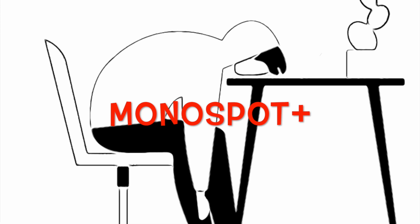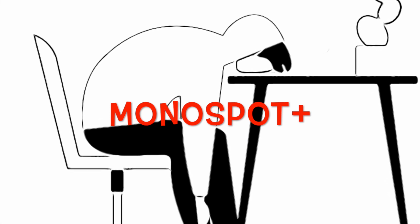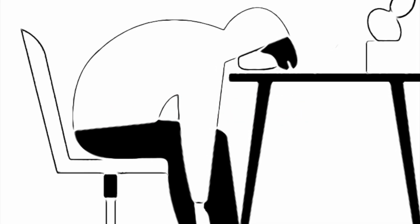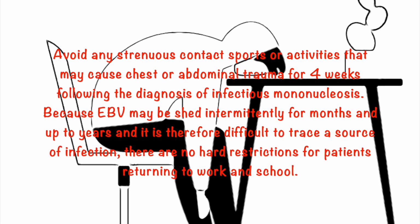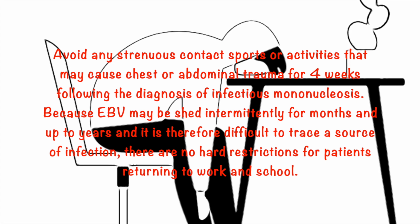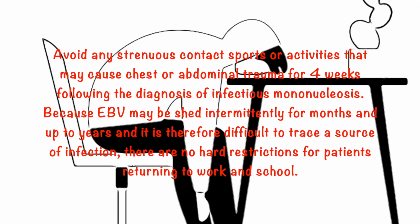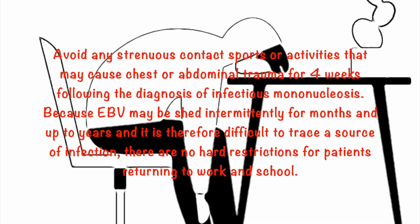Regardless, in this case, the patient tested positive for mono and was given a Toradol shot in the office to reduce the swelling and improve the patient's pain. The patient was also educated on the course of the illness and how to avoid a potential splenic rupture. That's including avoiding any strenuous contact sports or activities that could cause chest or abdominal trauma for the 4 weeks